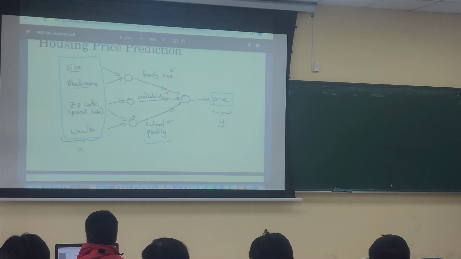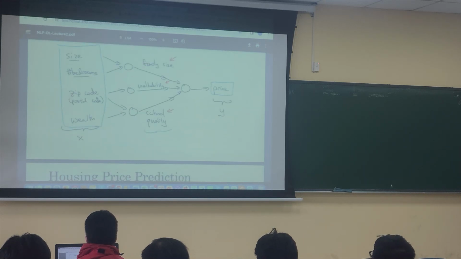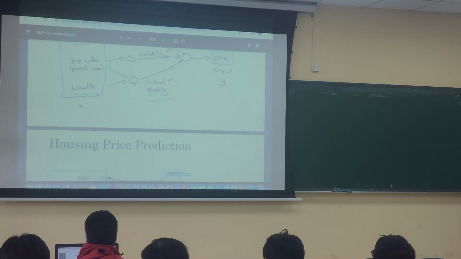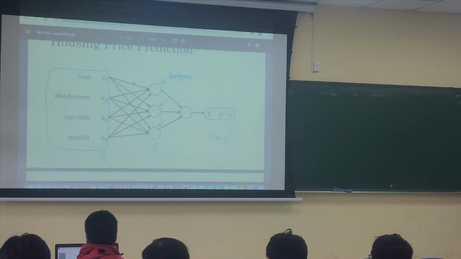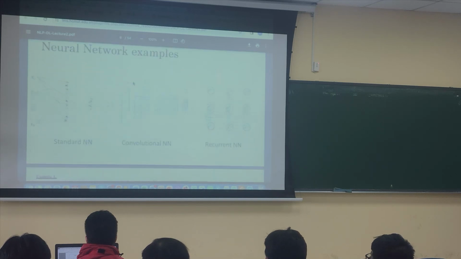Can the machine know that there is no connection between the zip code and this node, for example? Okay, the weight, yes, they use the weight. But how can the machine use the weight? So first of all, we